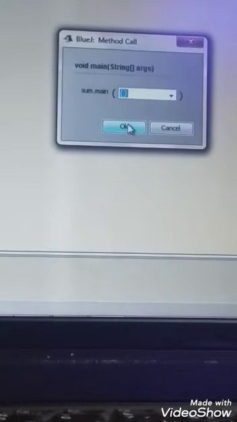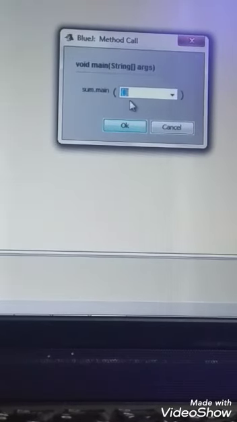First way is when you right click on this, your void main is displayed. When you press OK on this button, see over here, I am just making it closer so you can see it. It's written over here method call, that we are calling the method, and here string is being passed as empty. Why? Because we are writing in the main function.